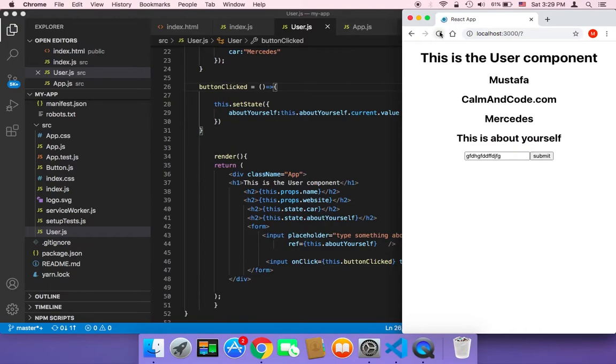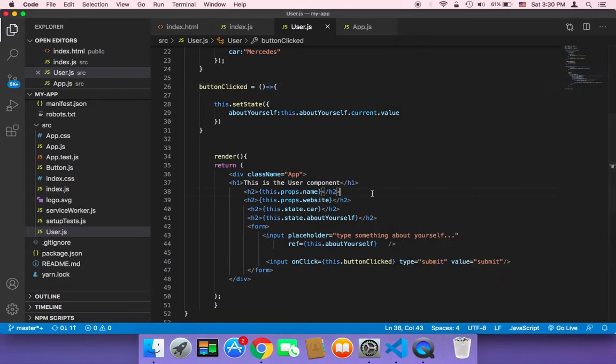If I refresh, let's see what's going to happen. Now initially the value is going to be here. This is about yourself. And if I type something here, I'm an entrepreneur, and then I'm going to click on submit, and as you can see, it changed the value, but it went back to this is about yourself. Why? Because actually